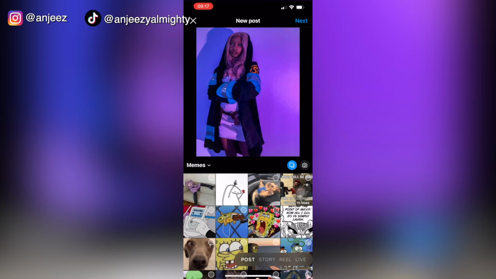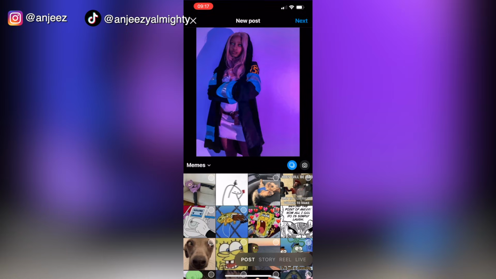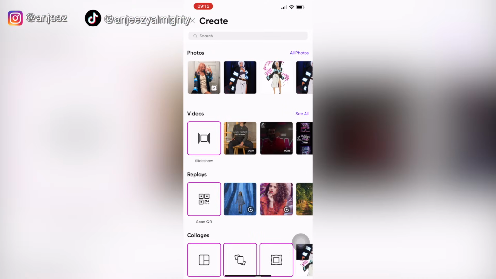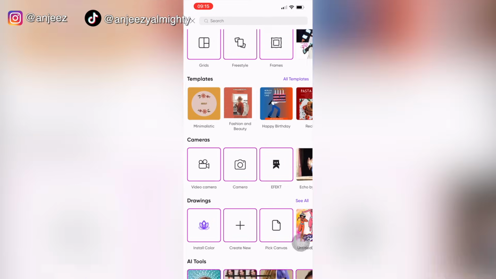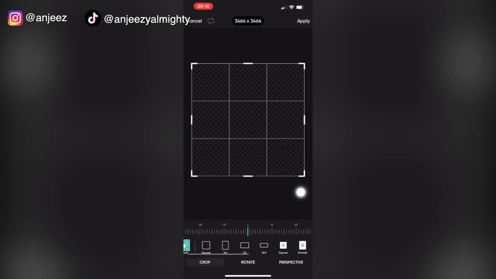So if you've ever tried to post a meme or some kind of large image to Instagram, but you couldn't fit the whole photo into your grid, here's what you're gonna do. You're gonna start by opening up the Pixar app and then scrolling down to the bottom where it says colored backgrounds and choosing transparent. From there, you're going to select crop and you're going to crop the transparent background image